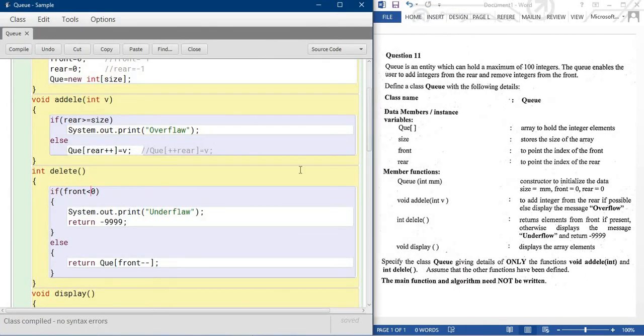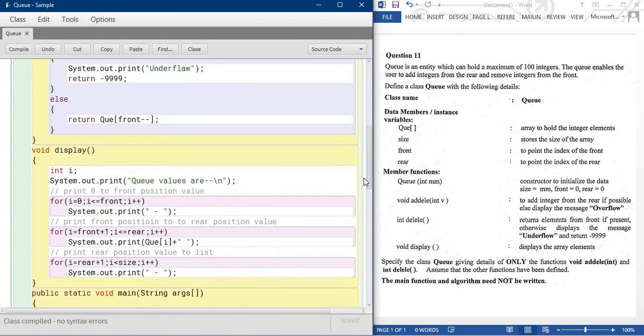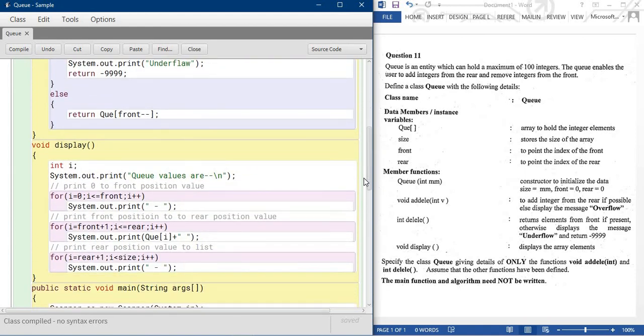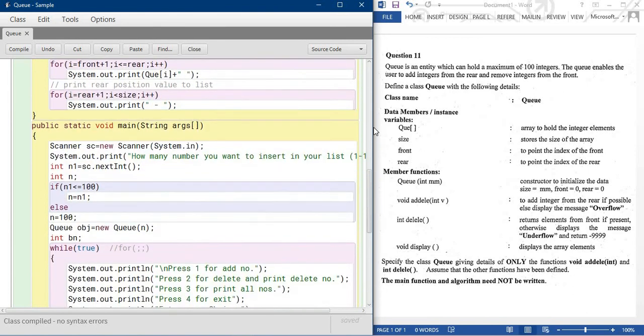This way you solve the entire thing. So make sure when you're writing a program, you look at the entire thing to see how to resolve the array bounds and all those things. Remember. So why I'm doing these things over here, it will be clear for you. So thank you. Have a nice day.